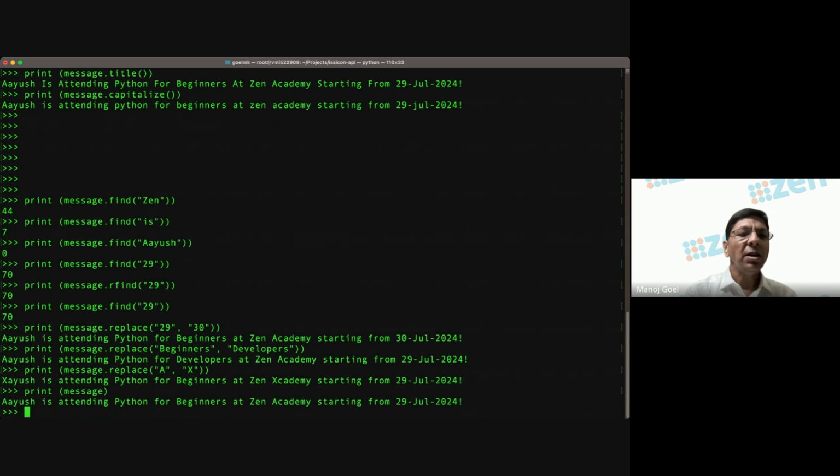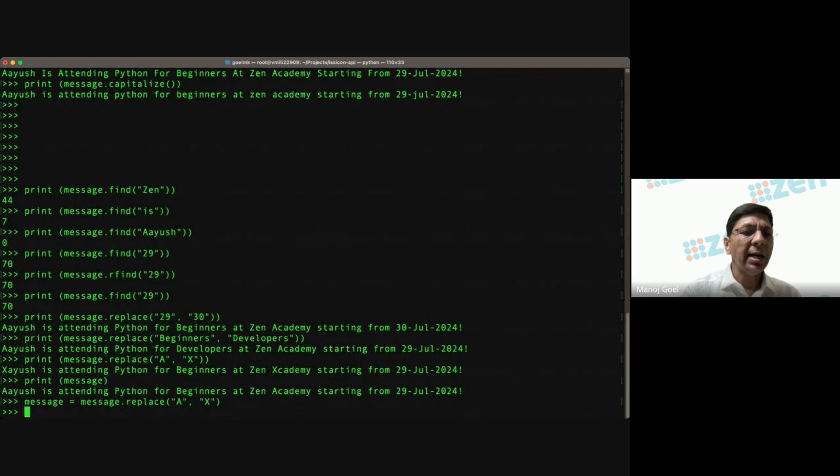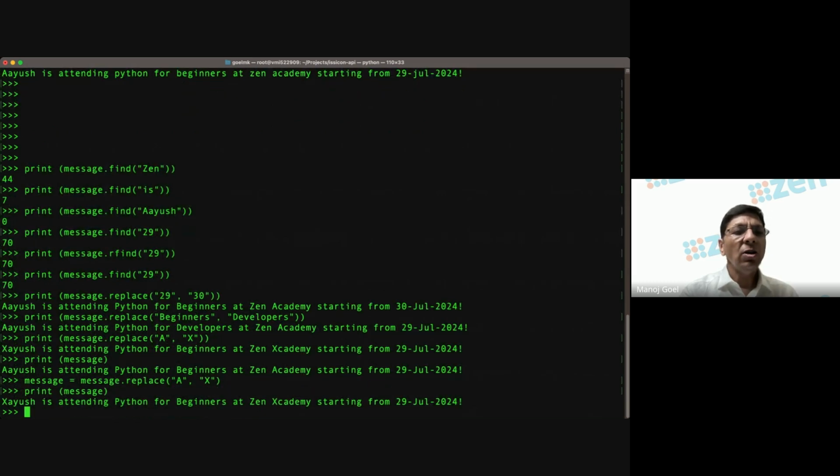So if I print "Ayush is attending Python for beginners at Zen Academy", the original message is still intact. If you do message equals message dot replace, now what will happen? And if I print message, the original message that was in the memory, in the variable message, okay,